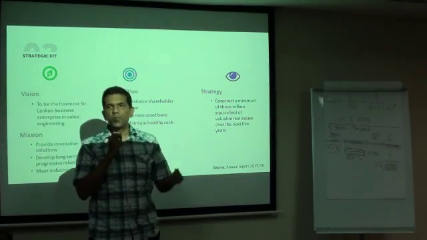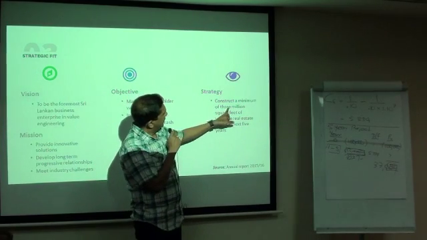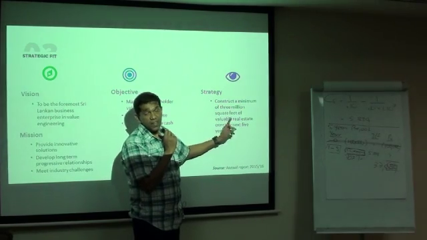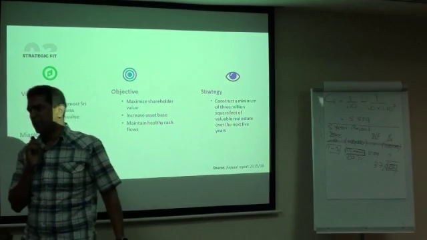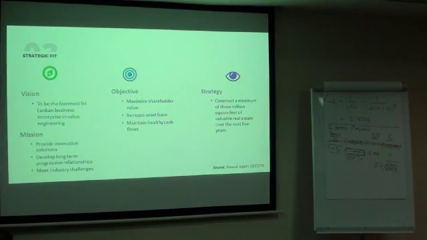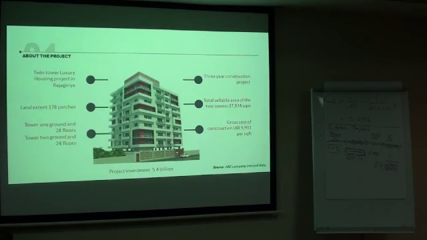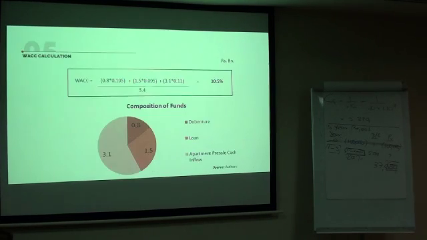Since they are not getting enough government projects like roads and highways, they have a strategy to develop real estate. They are going to get into apartments, office space, condominiums, all that. 3 million square feet is their strategy, because the government projects have slowed down. So they have picked up this project, a twin tower luxury housing project in Rajagiri, done by Access. Cost of capital 10.5%.